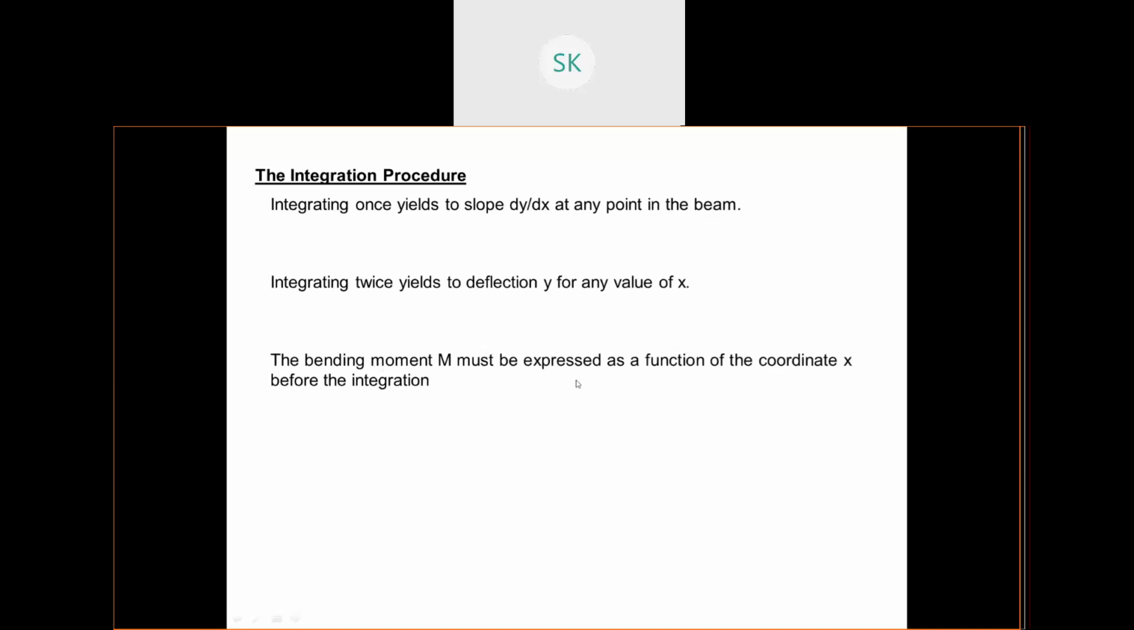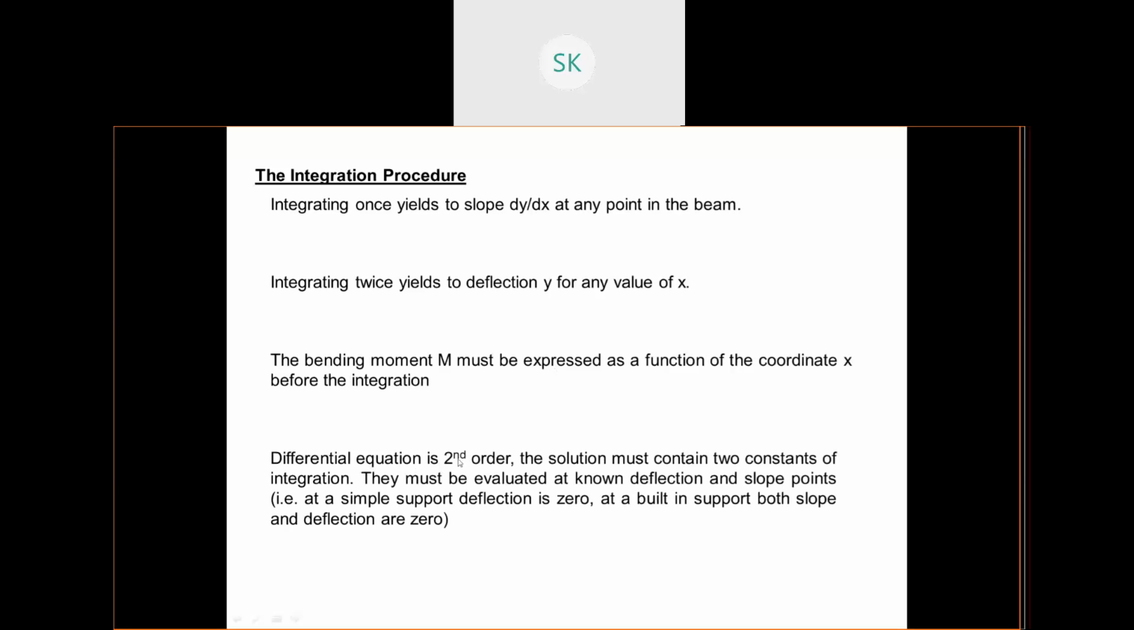The bending moment must be expressed as a function of the coordinate x before the integration. So the bending moment should be expressed in terms of x before the integration. The differential equation is second order, so the solution must contain two constants of integration. This is the basic part of your math. When you integrate your differential equation, you get two constants. Okay, they must be evaluated at